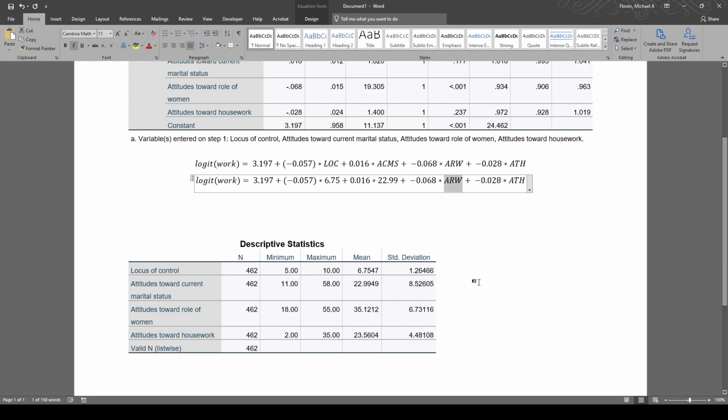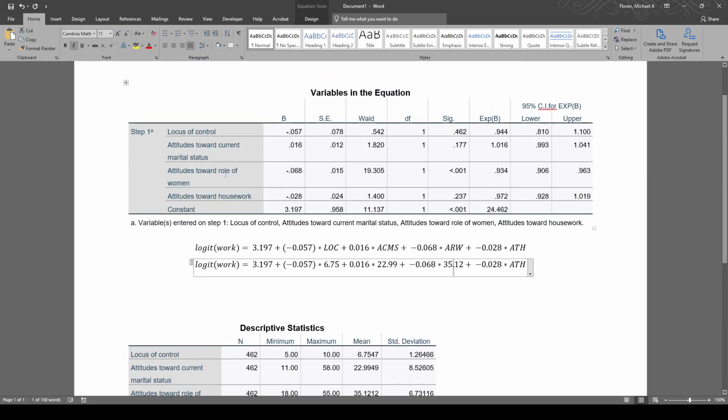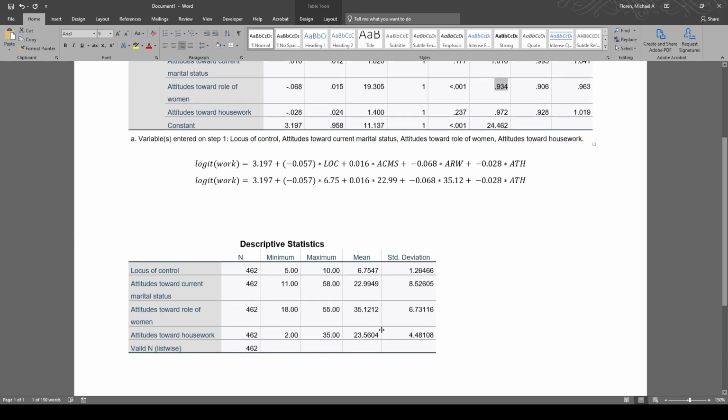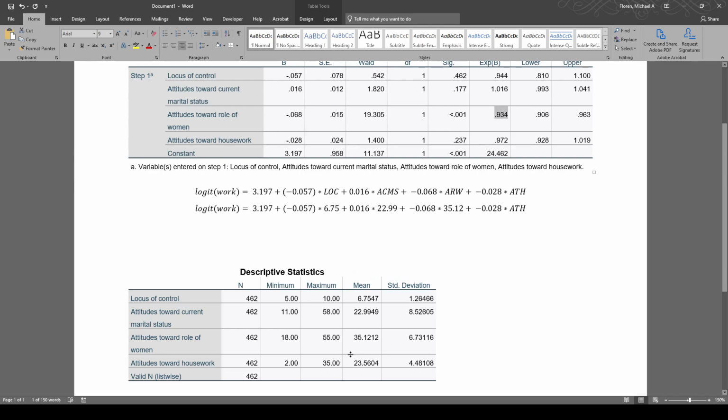Two source role of women, 35.12. And actually, interestingly, we interpreted this attitude towards the role of women as being relatively small, but the scale is on 35. So a single unit change in that scale is not particularly meaningful. I actually think this might be quite a bit bigger than what I implied earlier. So that's an interesting note here, and that's actually one of the good reasons to run a graph like this: a movement in terms of 10 might be more meaningful than a movement in terms of 1 within this